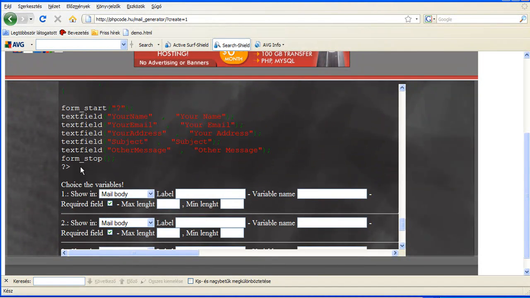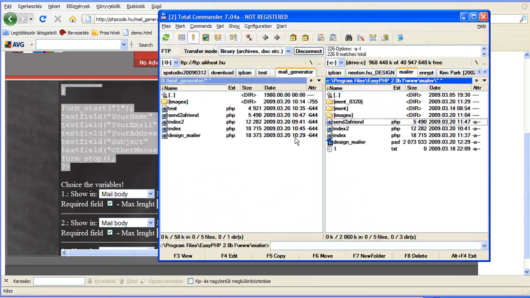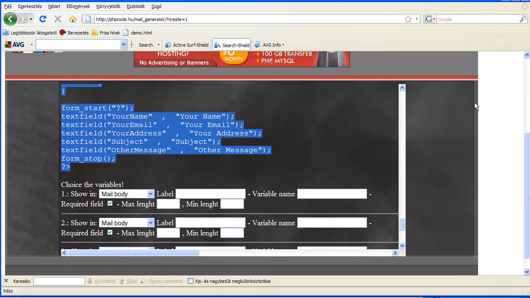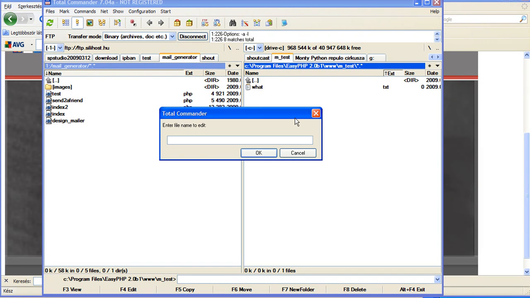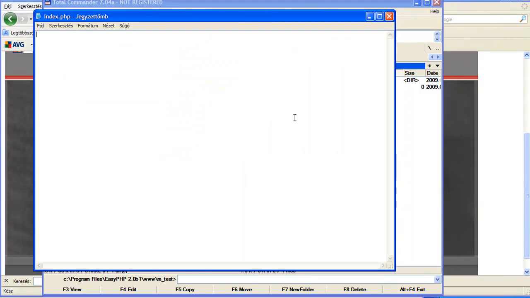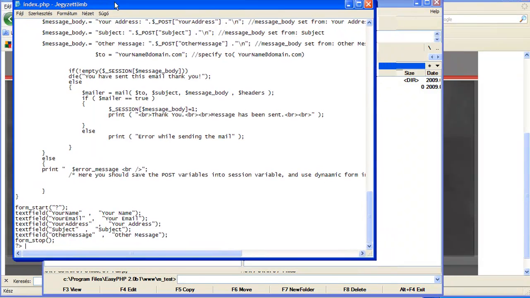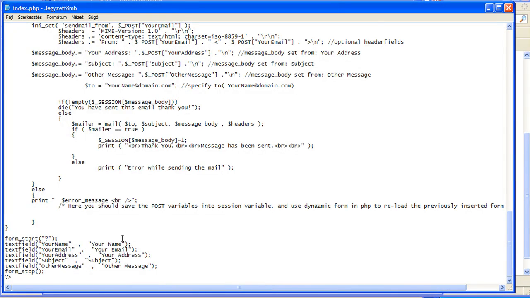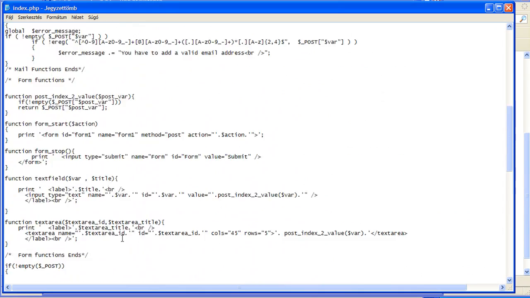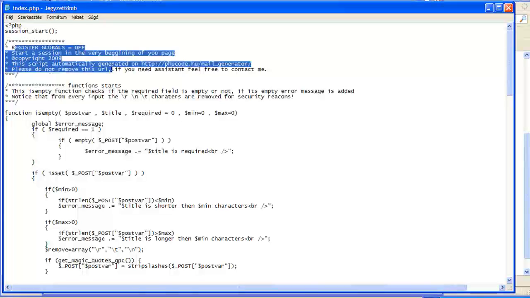Select it and create a new notepad file, or if you're using another web designer program, you can create a new file in it, add the name index.php, and paste the whole generated code. Let's go a little bit upper. You will see the whole program which consists of functions, which starts here,